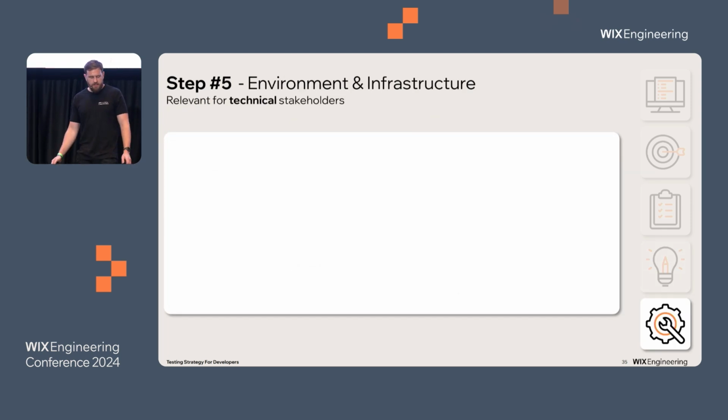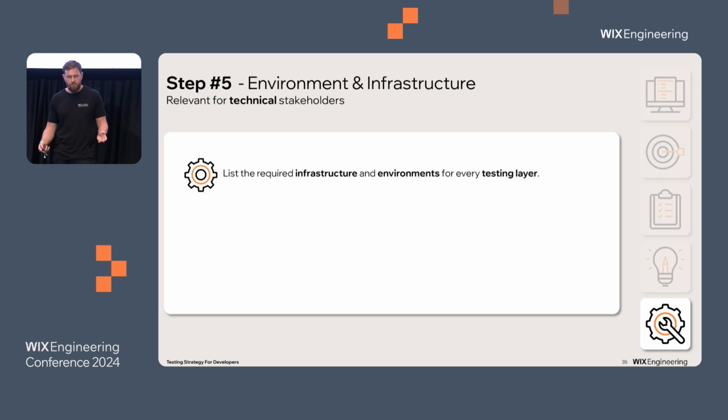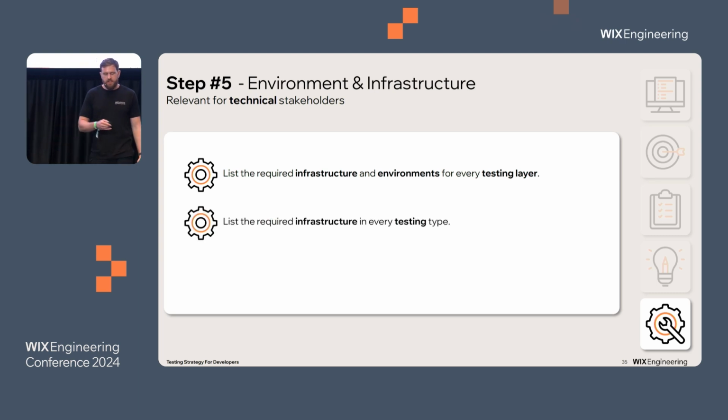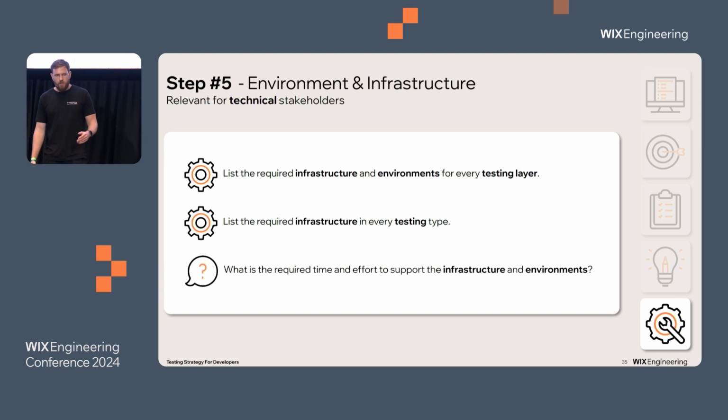And the last step, step 5, is again technical, but it's pretty straightforward: understand what your environment and infrastructure are. You want to list the environment and the infrastructure for each test layer: unit, integration, end-to-end. You want to understand if you need special infrastructure for each test type. For example, if you want to introduce performance tests in your system, do you need some third-party integrations for that, or for visual tests, or whatever? And eventually, if you need to create your own custom one, try to evaluate what the effort is for supporting this